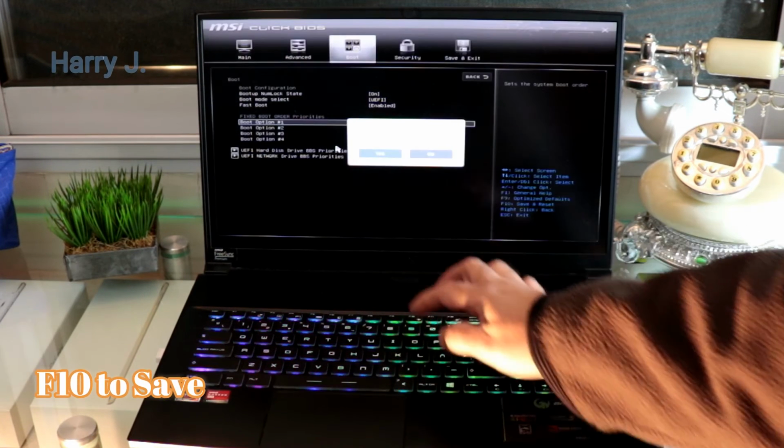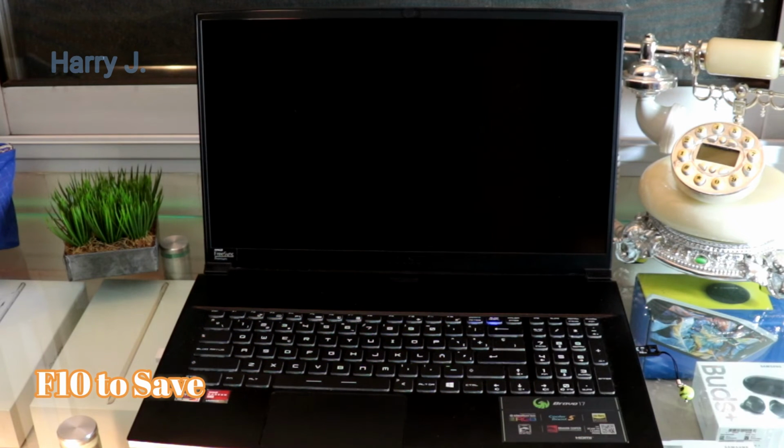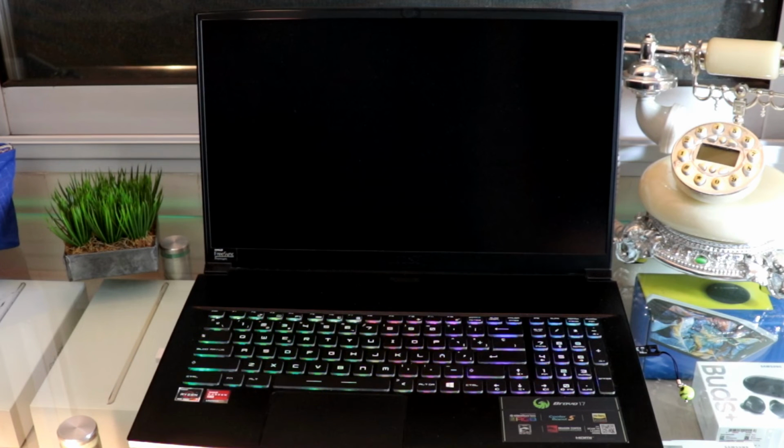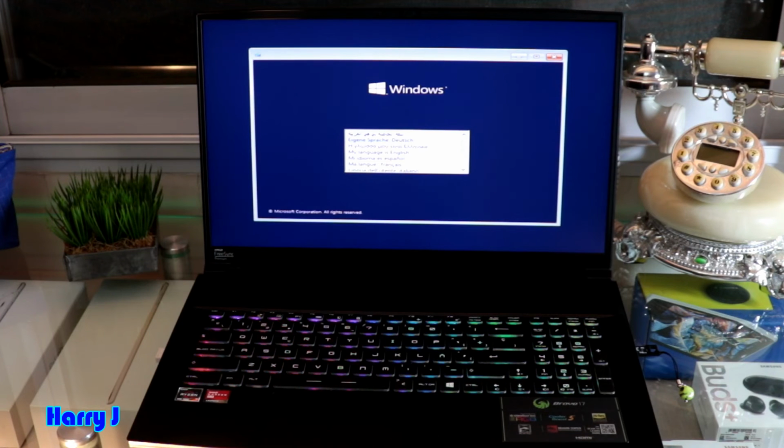I have to hit F10. I hit yes in this case. We have to wait to see if it's loading from Windows or not. Let's see. Now you see the Windows option. It's loading. And here we go. So this is the way you can change the boot option to install Windows on your MSI